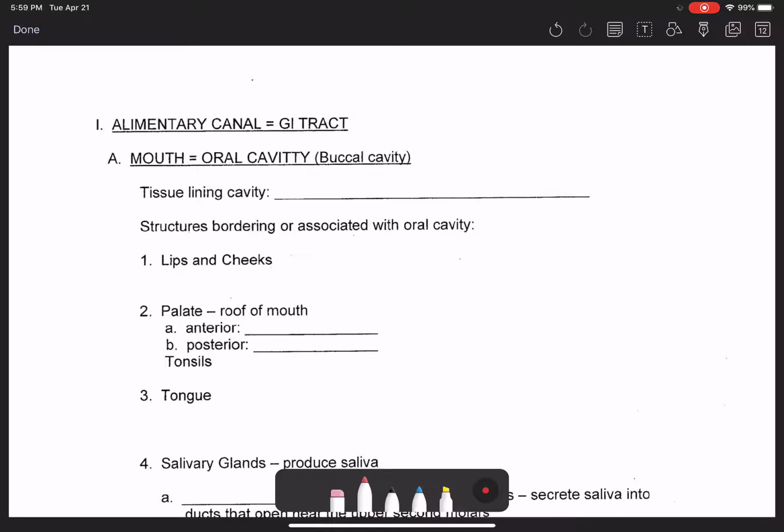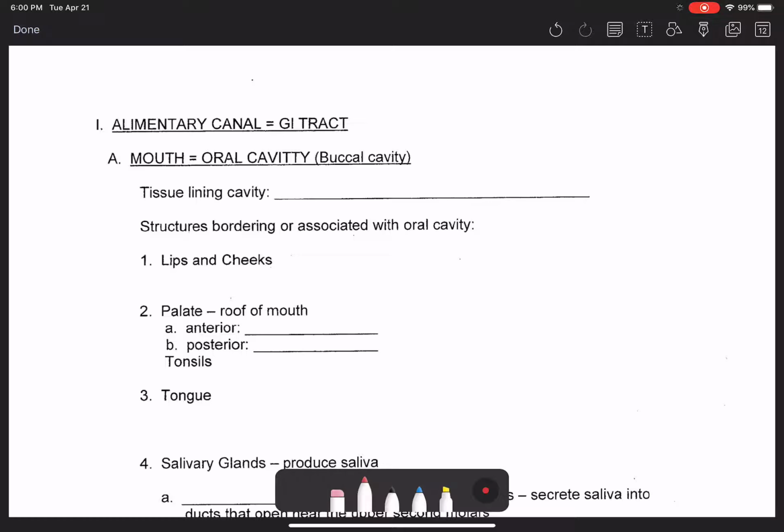Hi everybody, so we're continuing on with our tour of the digestive system, and what we're going to do is basically take a superior to inferior tour of our alimentary canal and cover some accessory organs along the way. And then finally at the very end we're going to cover our two largest accessory organs, which are the liver and pancreas. So we're going to start off with the oral cavity, the first part of our alimentary